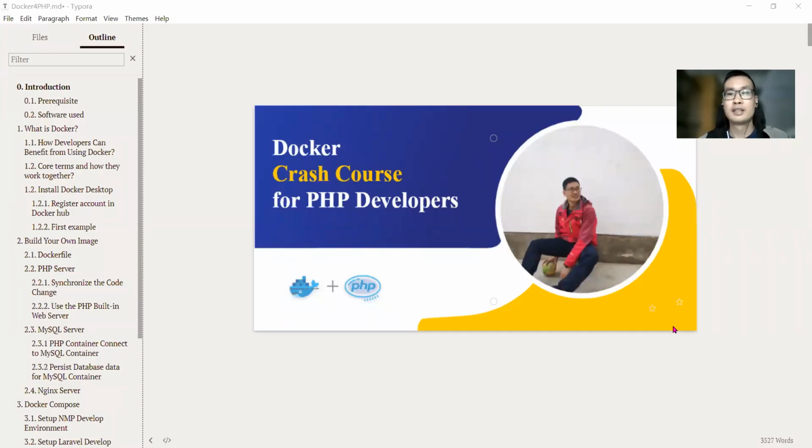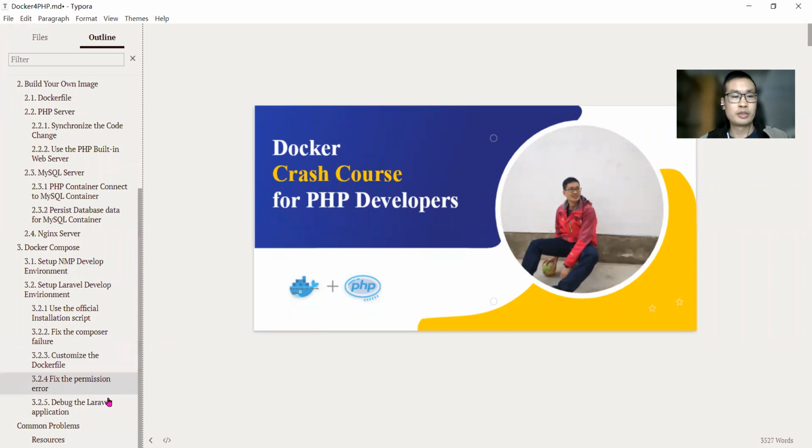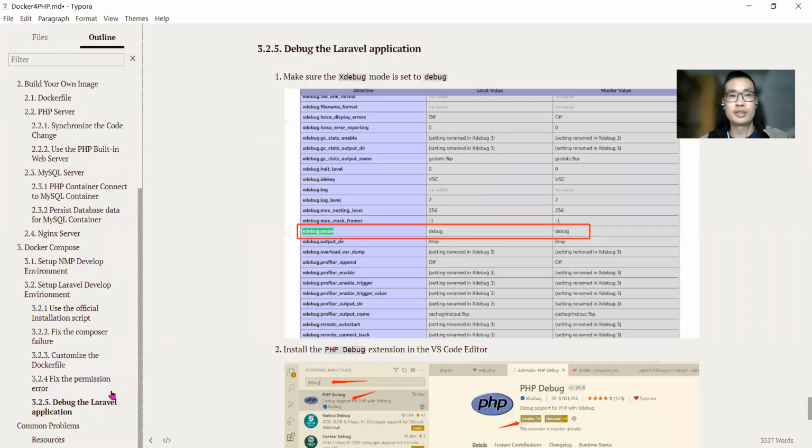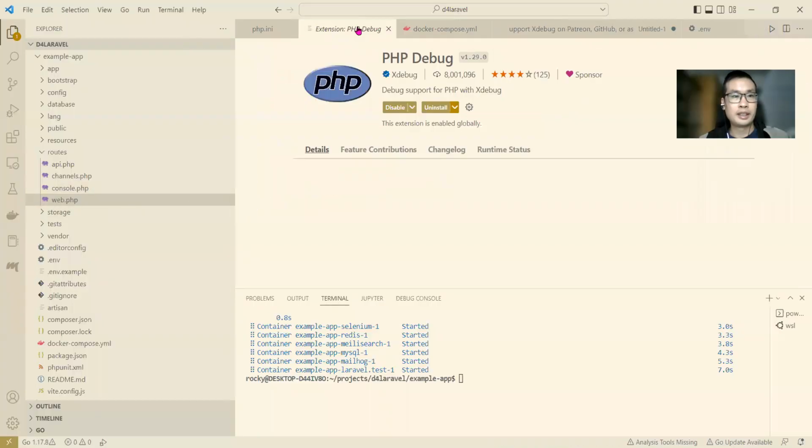Hi everyone. In this video, I will show you how to use the VS Code editor to debug our Laravel application. The first step, we need to make sure the Xdebug mode is set to debug. We do that by